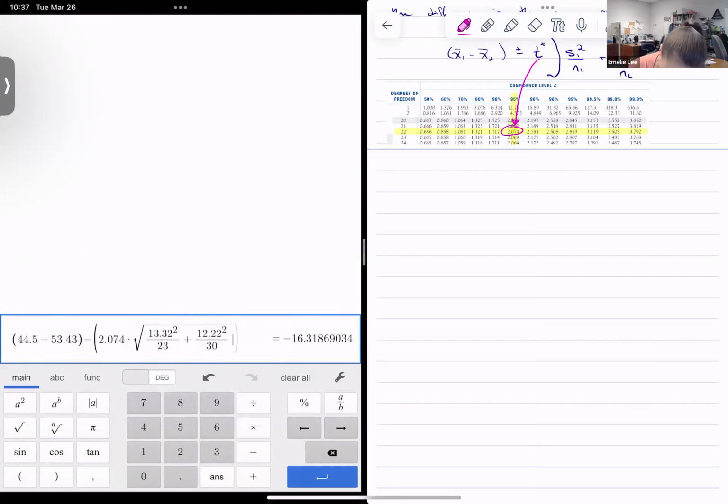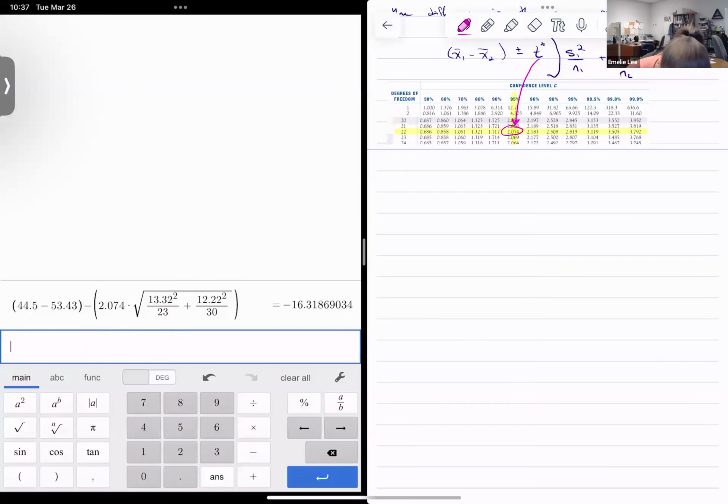Throw some brackets up around here, why not? Didn't change anything. So that's my lower bound. Then can I copy this all? Fine. I should have stored it, but